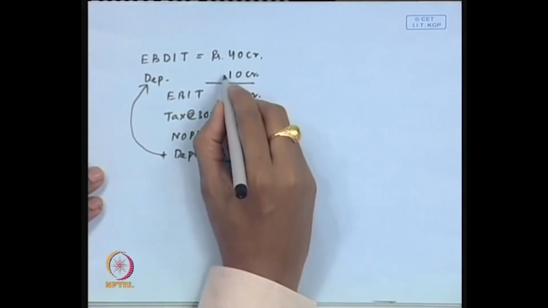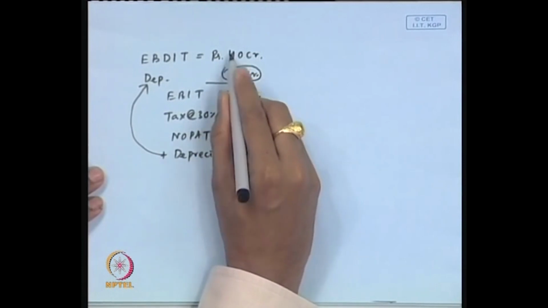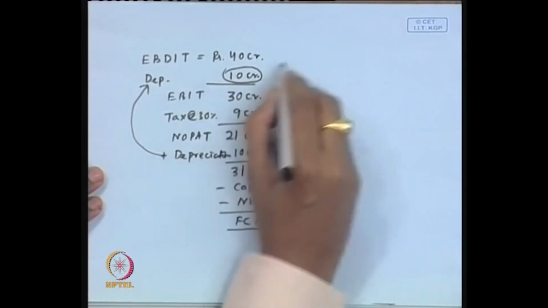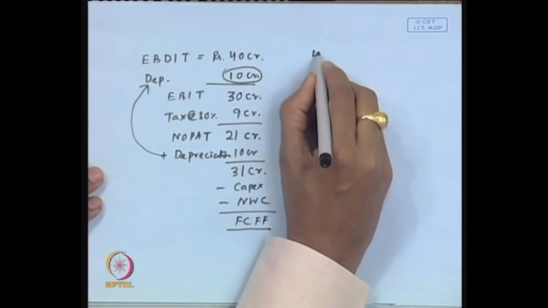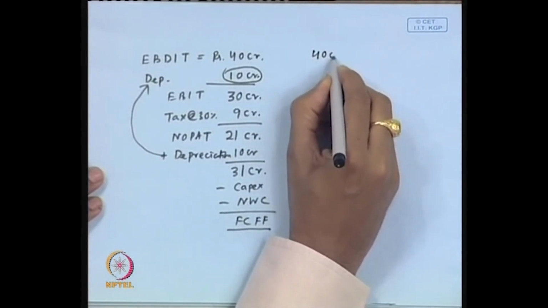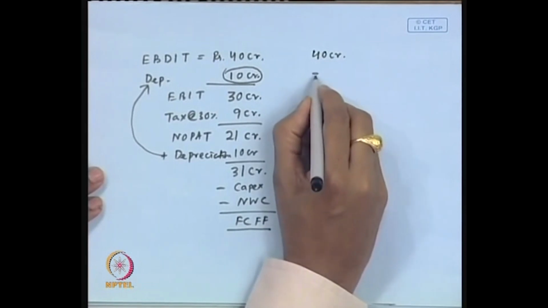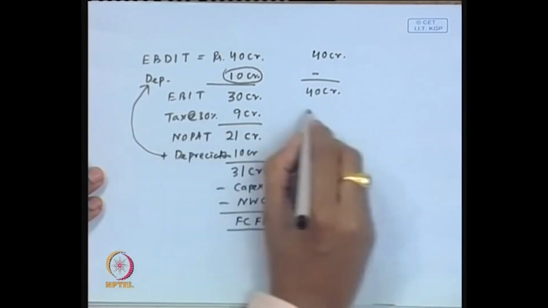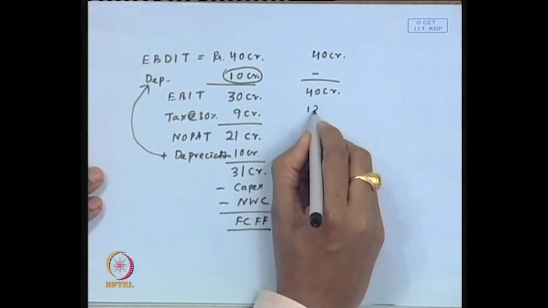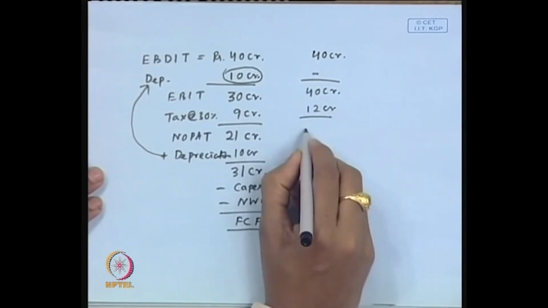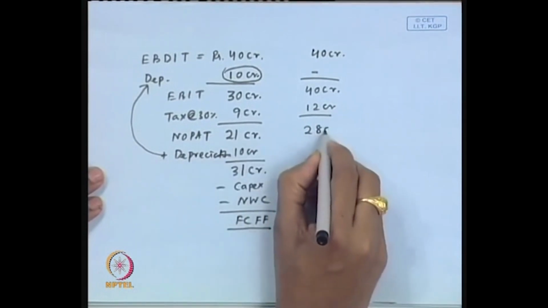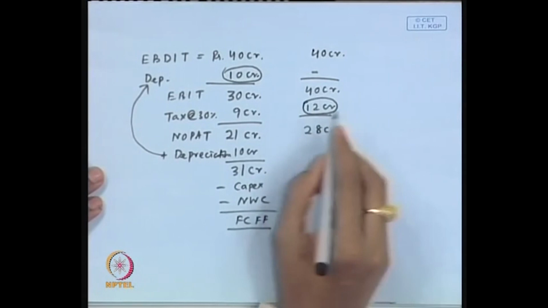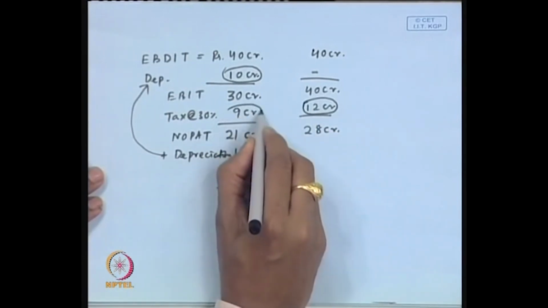So, this depreciation has been taken out from this 40 because tax is going. If this depreciation is not taken out, this is a company, there is one company that has not got any depreciation to claim. So, this is nil. So, this becomes now 40 crore. The tax at 30% becomes now 12 crore. So, the net operating profit is more, 21 versus 28 crore, okay, but the tax outflow is now 12 crore instead of 9 crore.